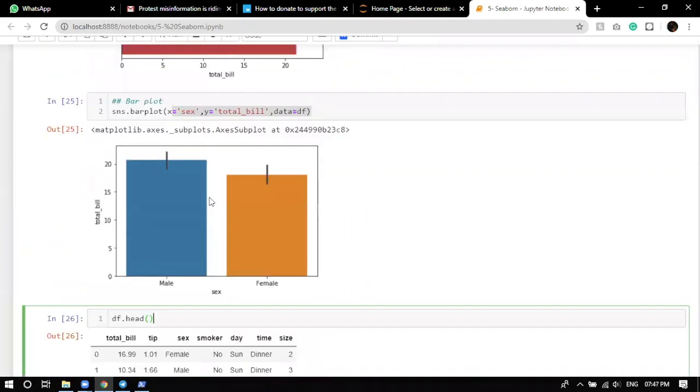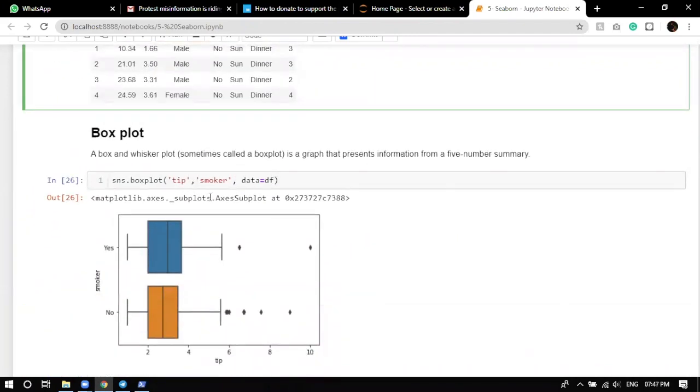So this is a bar plot. Now we'll come to the box plot. A box plot is exactly the box plot we saw in Matplotlib. Nothing is different here. They resemble the same thing: you provide the data. There's only one thing you can change in the Seaborn boxplot compared to Matplotlib: in Matplotlib you don't control the axes of the data, but here you can provide the axes.